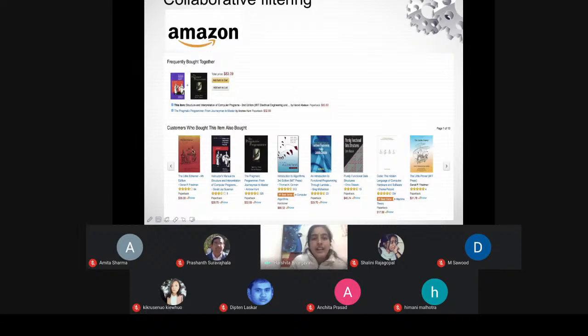ठीक है, तो यहाँ पर हम क्या कह सकते हैं? Customers who bought this item also bought. So this is basically an item to item collaborative filtering. In the underlying algorithm, what they do is they find out the similarities between the items for each item. ठीक है, हम यहाँ पर अगर मैट्रिक्स की बात करें तो हमारे पास item 1 से लेकर n तक यहाँ पर items है. Similarly on the column also you have item 1, 2, 3 and n तक यहाँ पर items होंगे and we have an item to item similarity that is being calculated.